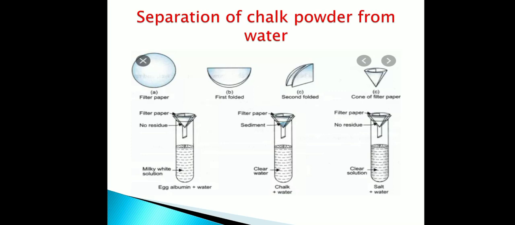In this way you can clear the solution of chalk powder and water, and we can separate chalk powder from water using the filtration method. We have to take some care when doing this procedure. Fix the cone on the funnel by slightly wetting it. Then pour the solution by continuous stirring. Don't overflow the funnel with solution. Then you will get a clear solution collected in a beaker. It is known as the filtrate, and the impurities left on the filter paper are the residue.